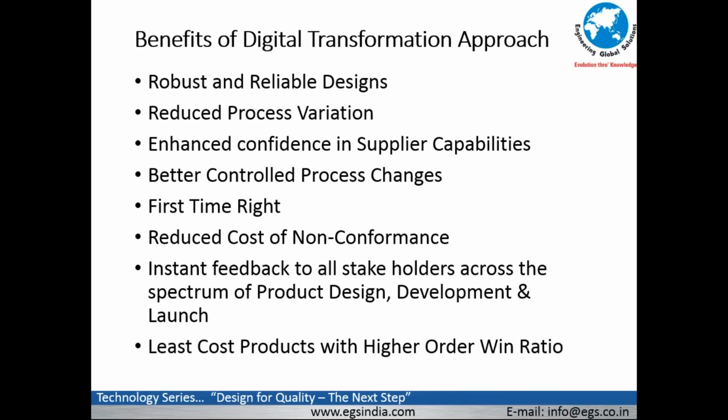In other words, we revisit tolerances depending on the cost, because cost is the driver. Initially, we may have stringent tolerances when we are able to capitalize on the market. When predatory pricing comes from other copycats or other people who have similar products, then innovation comes into picture, in which case with innovation and with best tolerance practices, we are able to have a higher order win ratio. So the least cost products can be brought about as a result of this. So this process, as we have enumerated in the beginning, helps us to achieve the design for quality and reliability objectives stated forth in this presentation.